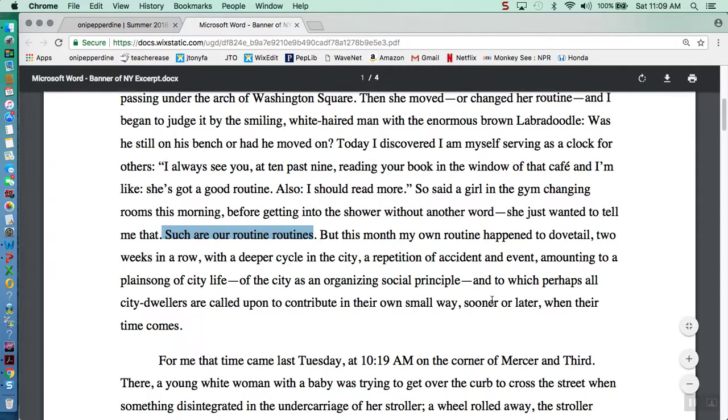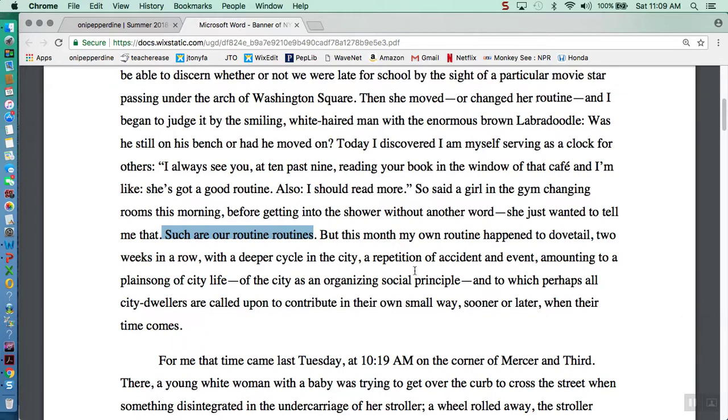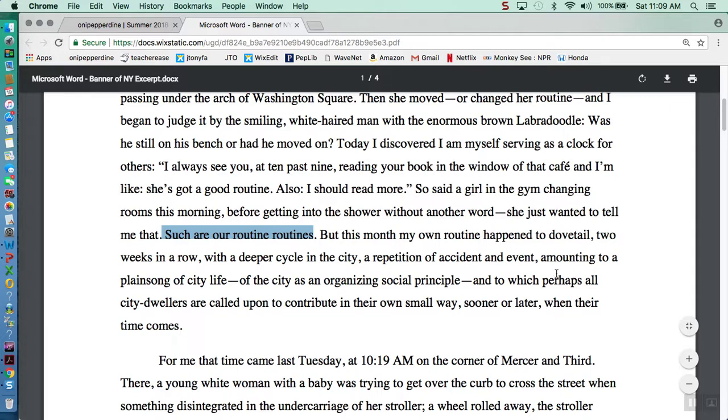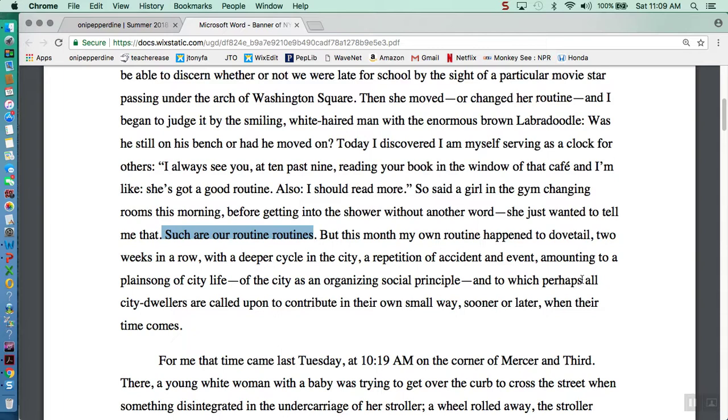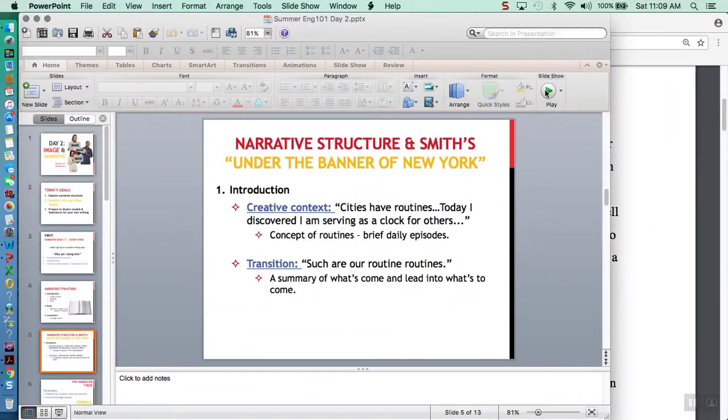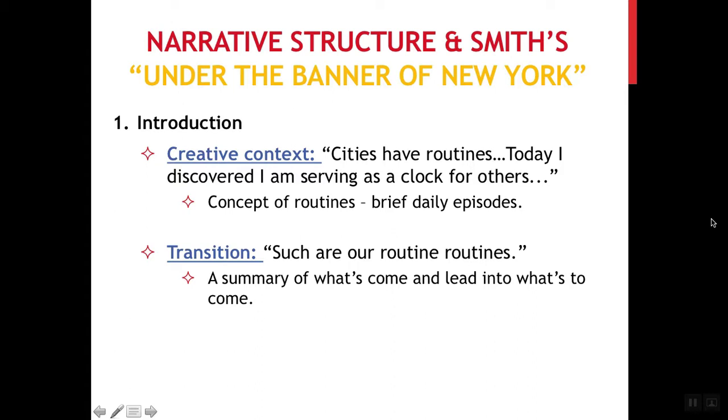And so this transition is giving a little bit of commentary on what we've already seen here, and then it's a perfect setup for, okay, now here's my comment based on all these different things that I've been discussing and this creative context that I've established. So I really like the example here, and I think it's something for you guys to consider modeling, of how we begin the paper in just one paragraph with an interesting creative context and a very direct transition that's going to lead into the thesis. And the thesis is what your next video